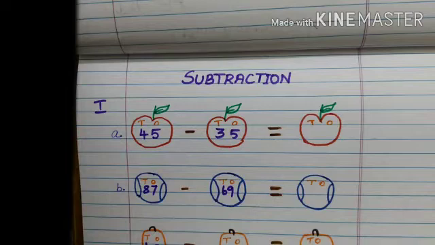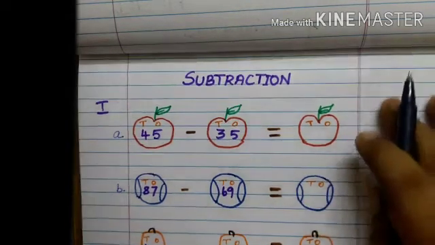In addition, there is no restriction. Any numbers given to you can be directly added to get the sum. But in subtraction, you take the first number as the bigger number and the second number as the smaller number. That makes it possible to do the subtraction. Otherwise it is not possible to do the sum. Only when the first number is bigger and the second number is smaller. You studied this last year. Now you recall it once again.